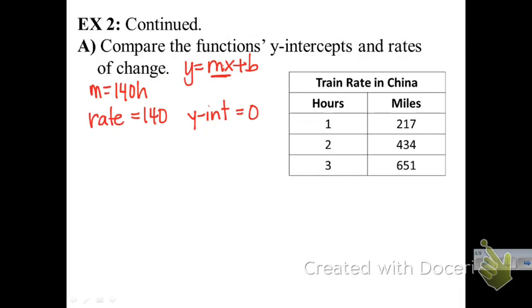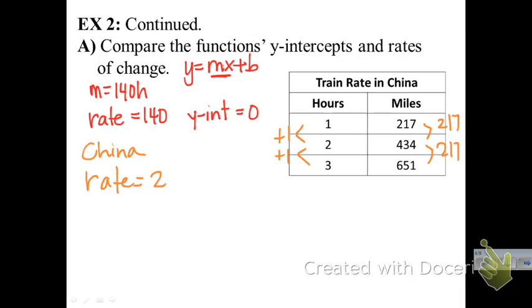Now that works for our Japanese train. We now need to look at our train that is running in China. So to find, first of all, our rate, we have to see how these are changing. It looks like we're adding 1 each time. Over here, it looks like we're adding 217 each time. So our rate here